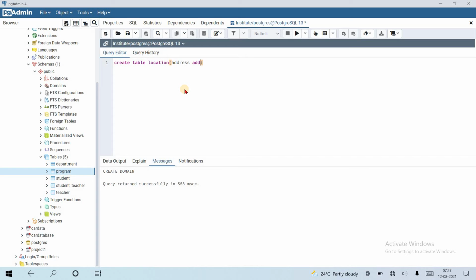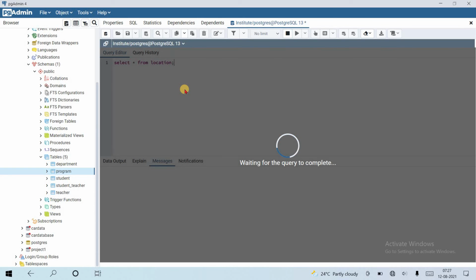We can give varchar here also, but we have defined a user defined data type, so let's use this for address, and the semicolon. Let's create the table with only one column. Yes, table is created. We can see the table, select star from location.